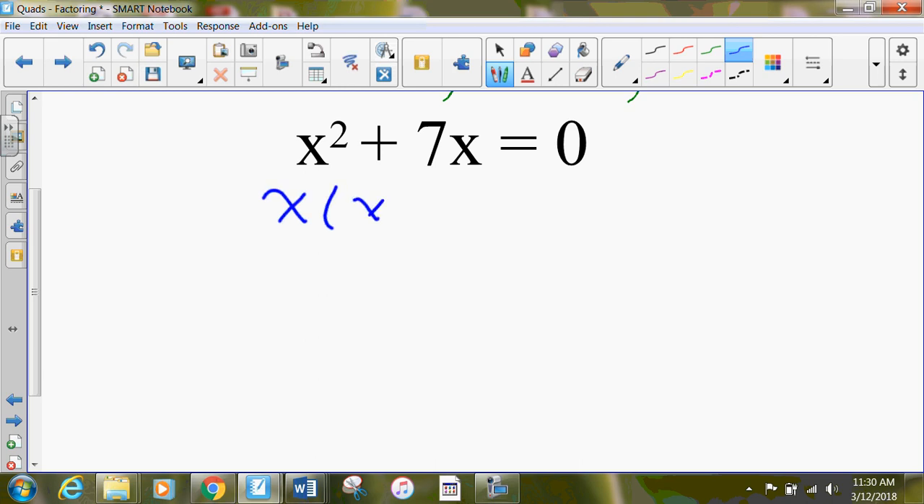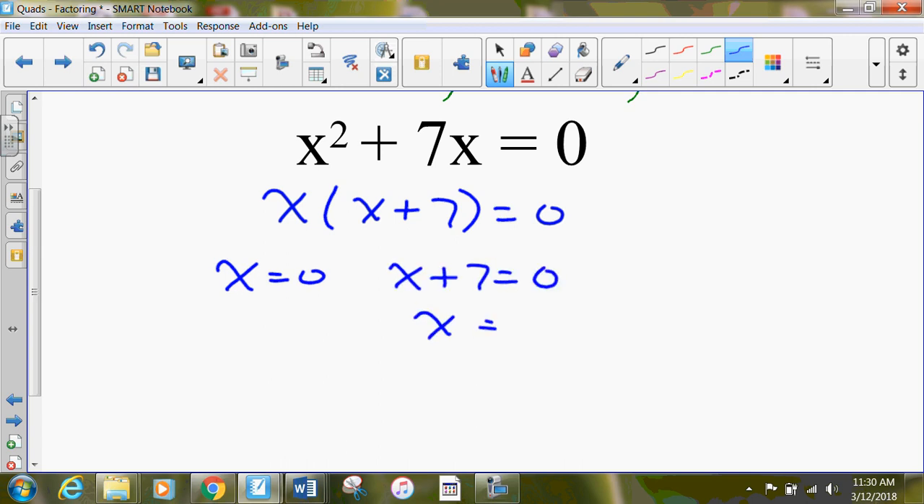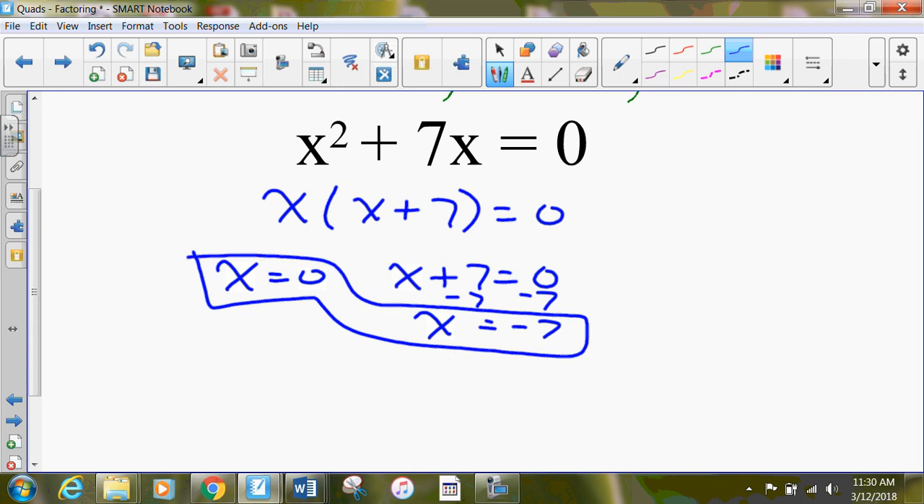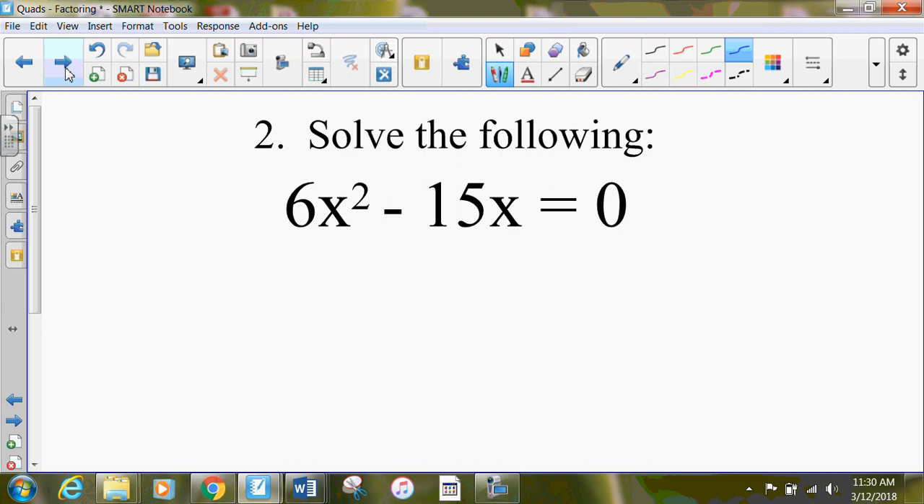Okay, we're back. So we factor. We know that either x is equal to 0 or x plus 7 is equal to 0. And, oops, you don't have to show that step, subtracting 7 from both sides, that's up to you. But I've got two answers that work, either x equals 0 or x equals negative 7. So go ahead and,